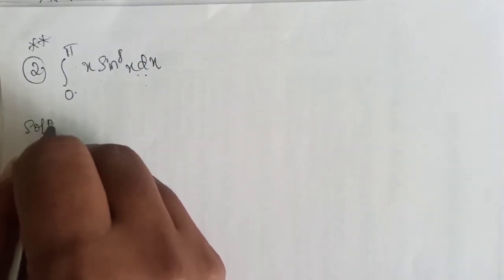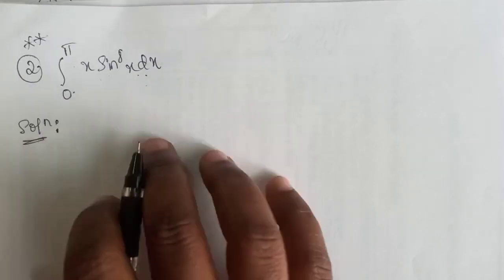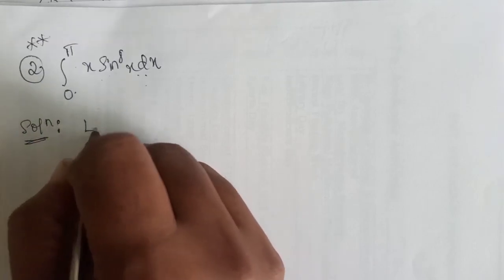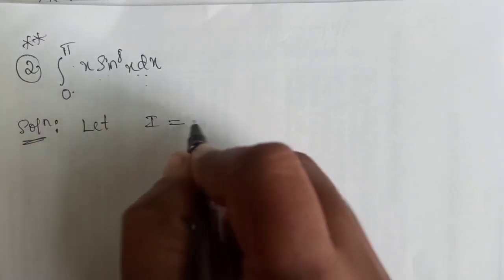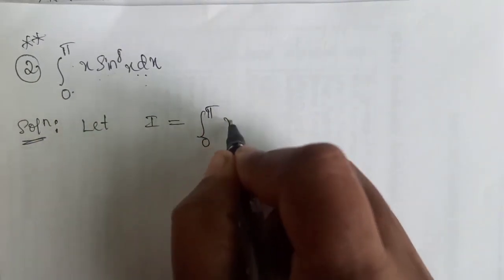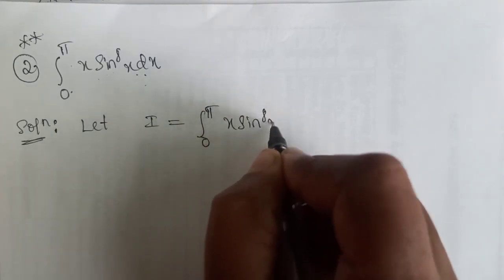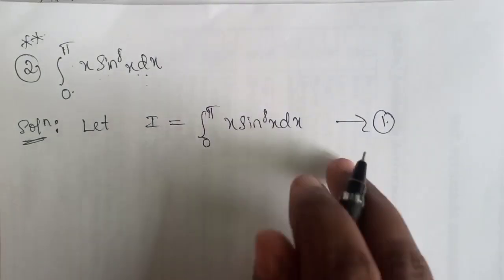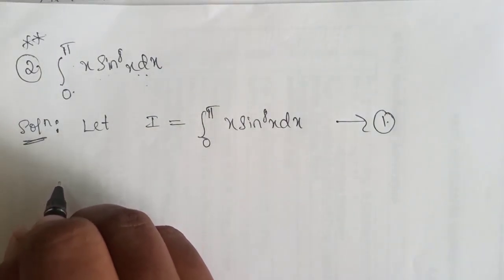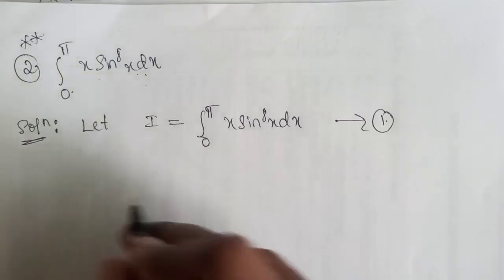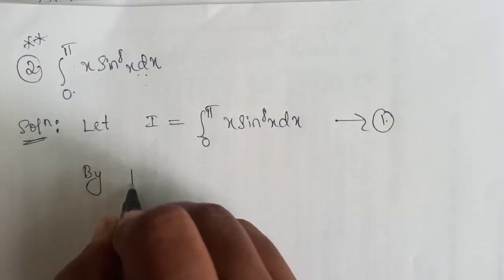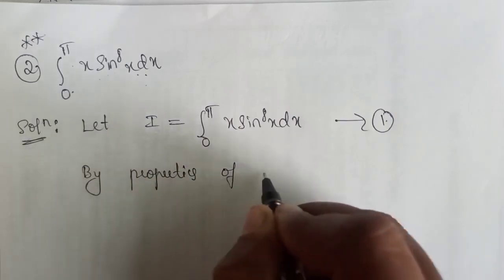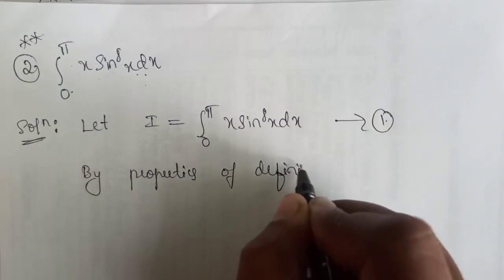Solution. Here also we use the same properties of definite integrals. Okay, so let I equals to integration 0 to pi x sine power 8x dx. Let this be equation 1. So then again by using properties of definite integrals,